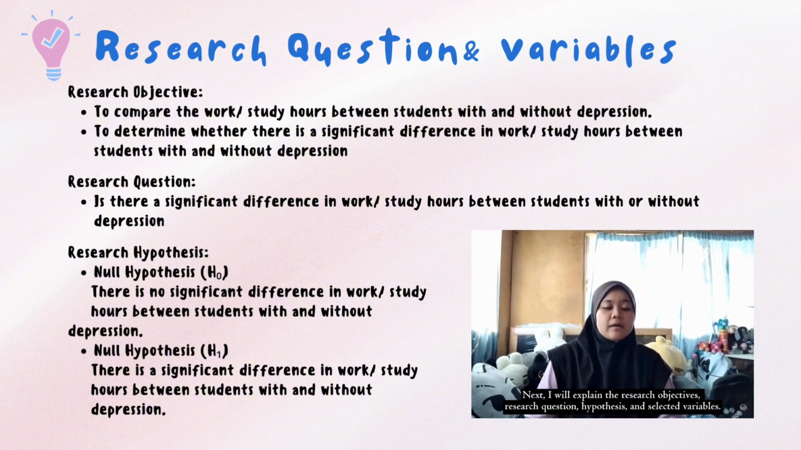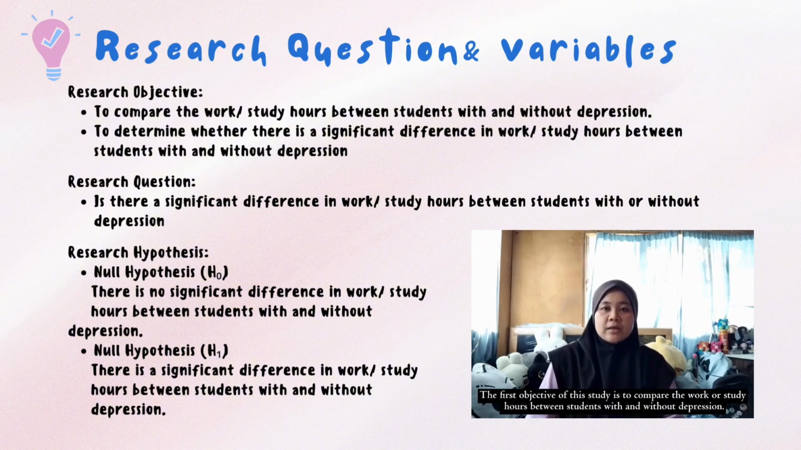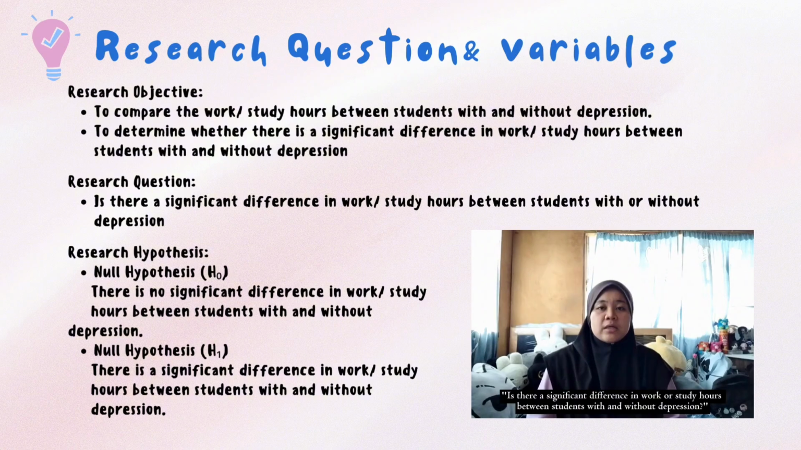Next, I will explain the research objective, research questions, hypothesis, and selected variables. The first objective of this project is to compare the work or study hours between students with and without depression. The second objective is to determine whether there is a significant difference in work or study hours between these two groups. Based on this objective, our research question is: is there a significant difference in work or study hours between students